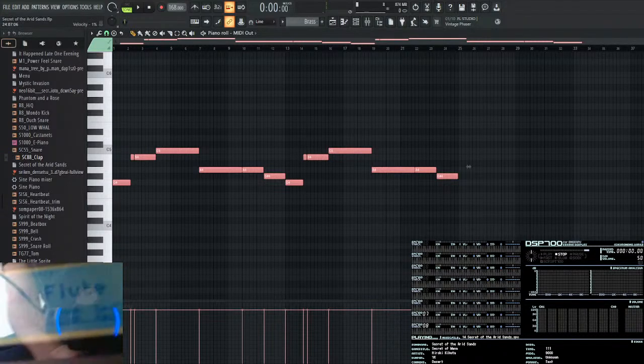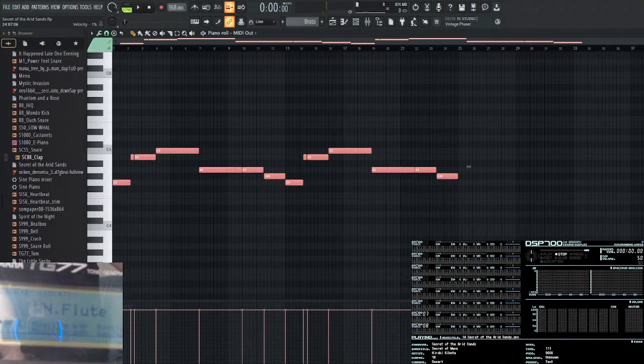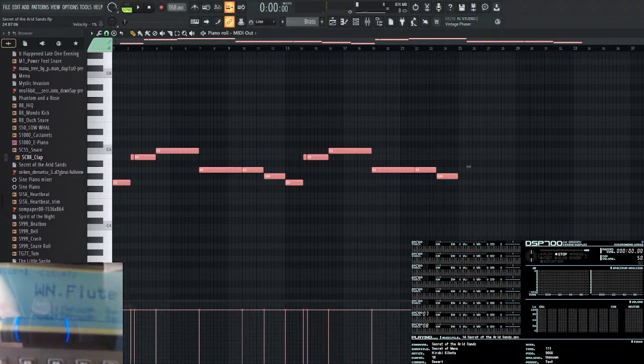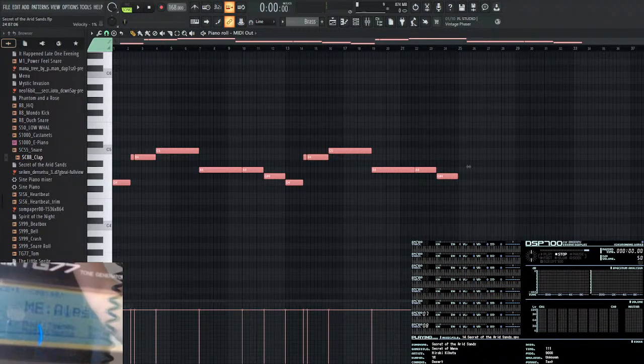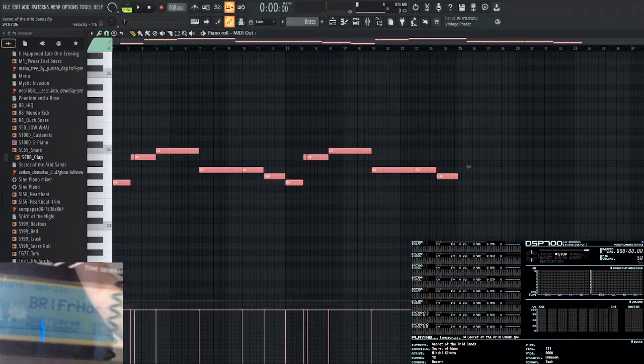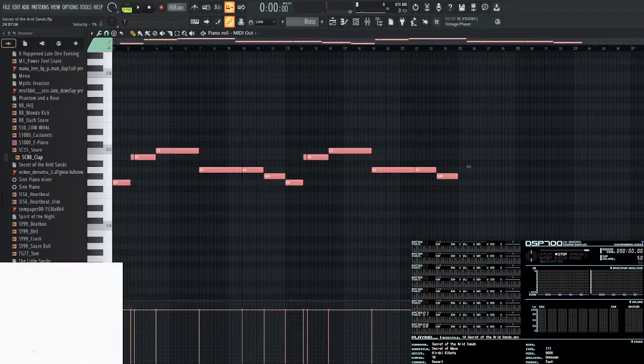And now I just have to select the brass patch on the TG77. So where now we have WN flute selected. Now I just need to find the brass patch. Here we go, 1980.